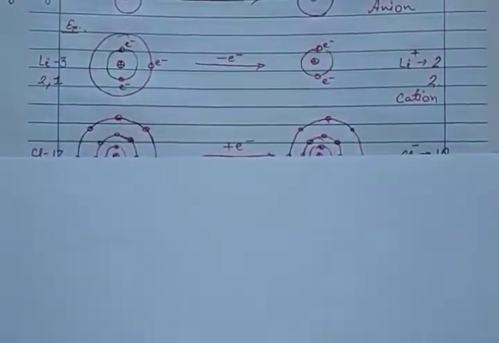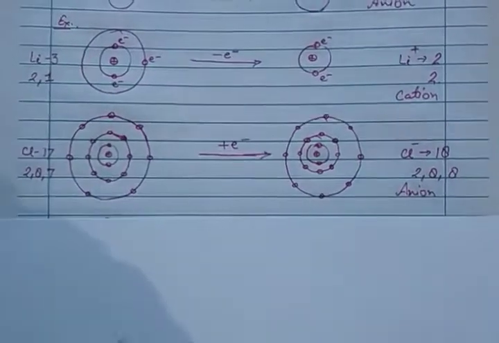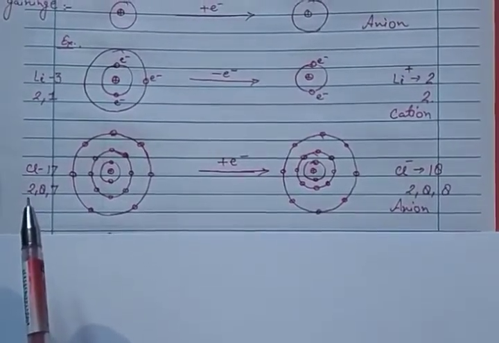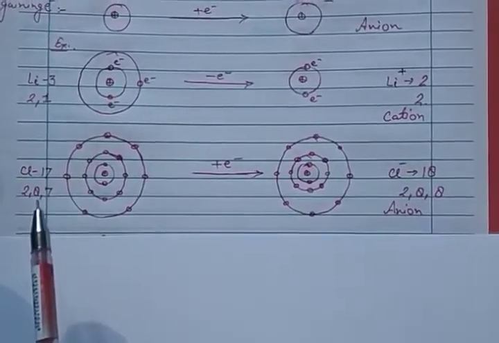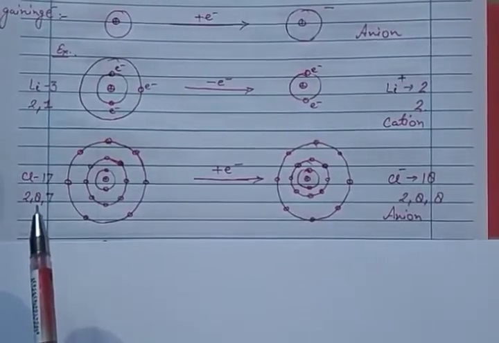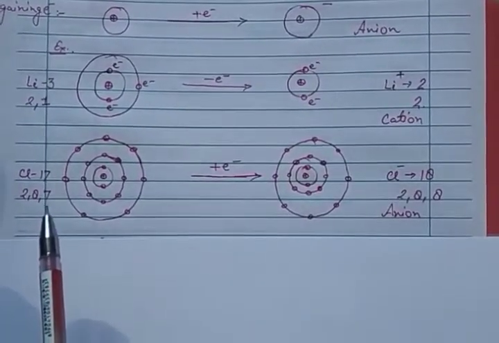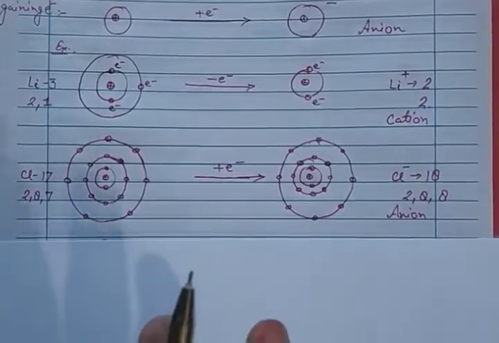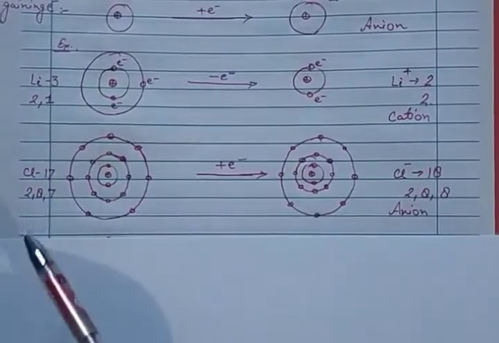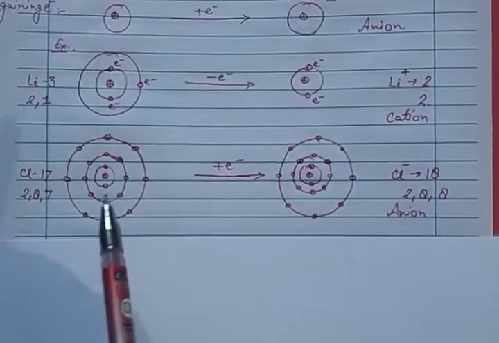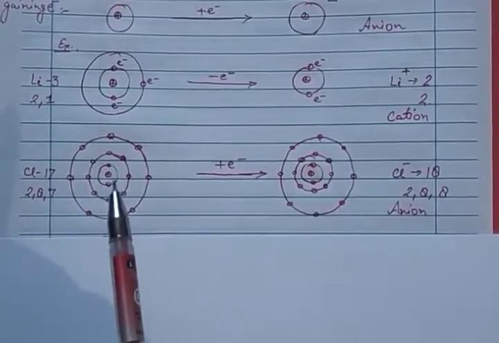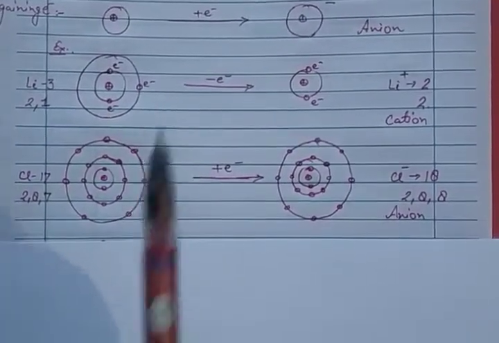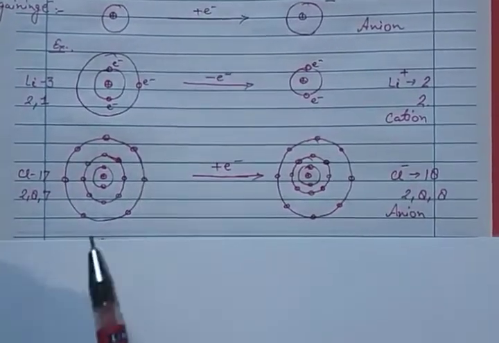Now we move to the anion example. Chlorine has atomic number 17, so its arrangement is 2, 8, 7. Remember, like I said, the first orbit can have only 2 electrons, the second orbit a maximum of 8 electrons, and in the third there are 7. If the reason for these rules is not in your syllabus, you just have to learn it here. You will study in senior classes how electrons are arranged this way. So in the first orbit 2 electrons, in the second 8, in the third 7. Lithium lost 1 electron; chlorine can gain 1 electron.